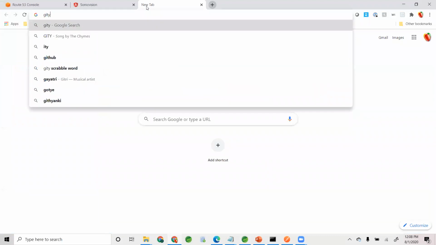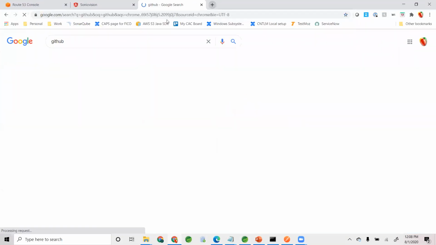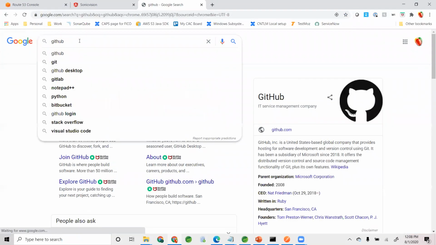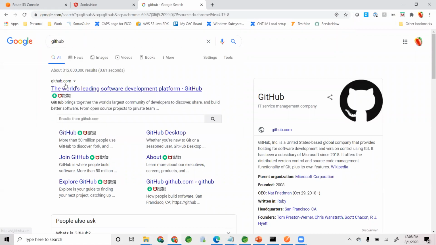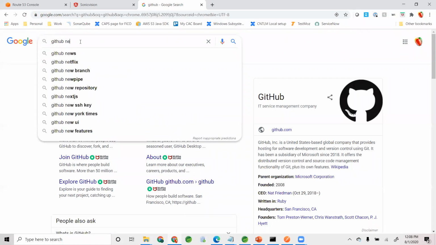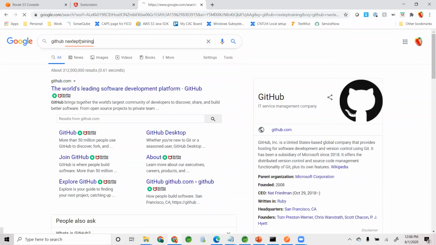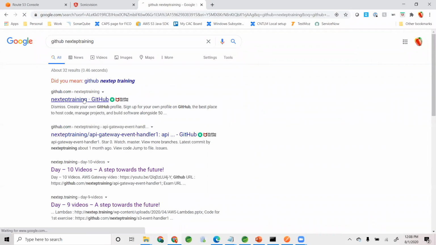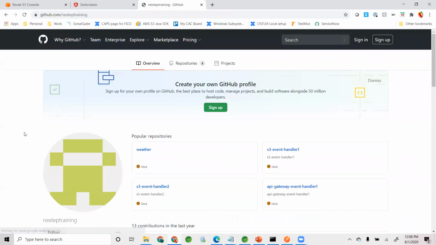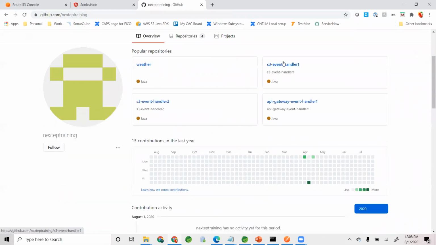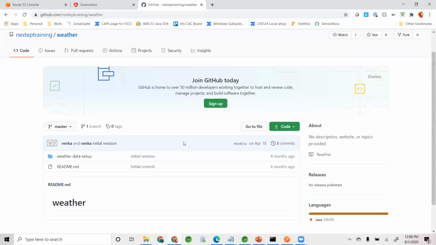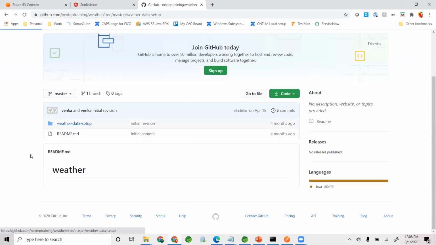What's that? GitHub. One second, guys. GitHub. Next step training, I'm assuming. So I will send you, okay, there you go. So these are my Git repositories. Weather, S3 event handler, don't worry about it. So use this weather and weather data setup.